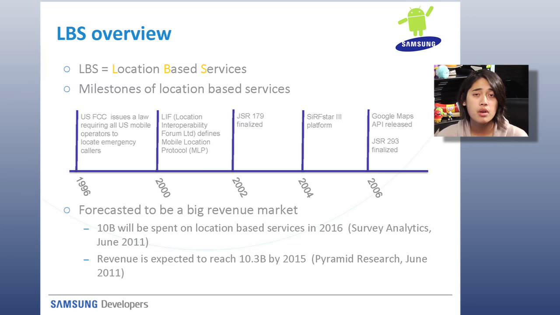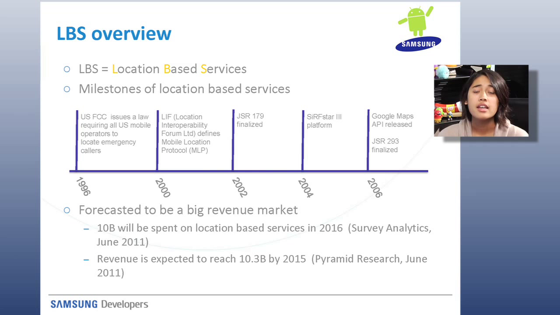One of the first protocols that they standardized was the Mobile Location Protocol, MLP, which defined how location was interchanged between network providers as well as client providers such as devices. In 2002, JSR 179 was finalized, and that was the first time in the Java world that a third-party application had a standard way of obtaining a device's location. It really didn't do a lot other than that, but that was the reason that Location 2.0, the later JSR,